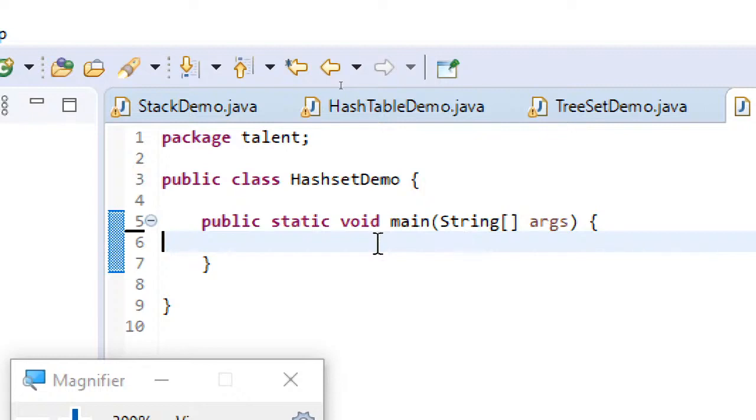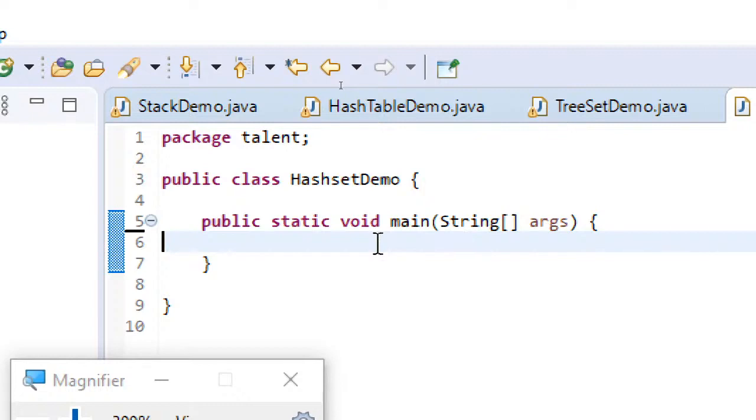One thing to remember is that when you try to retrieve the elements from the hash set, the output is unpredictable because, as I said, it's unordered and unsorted. It might be returning in any order. It purely depends on the hash function, and that hash function is not defined by us.